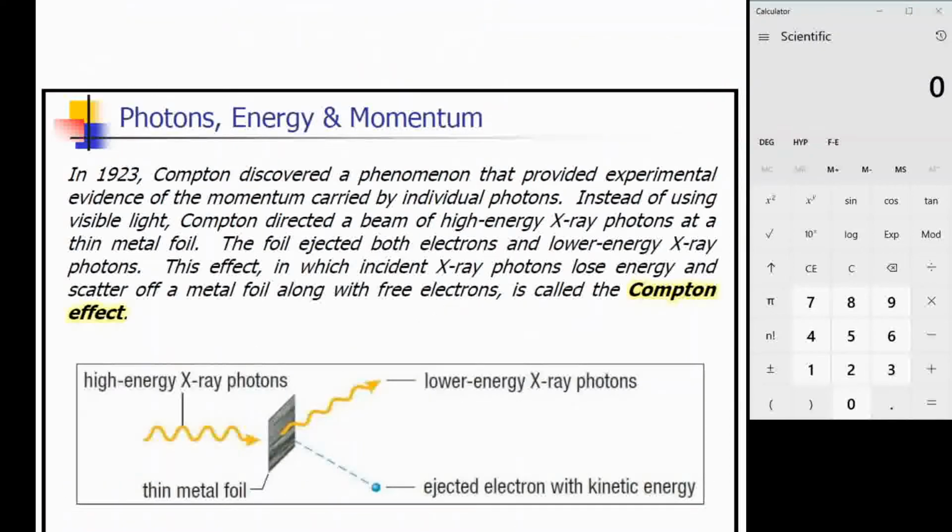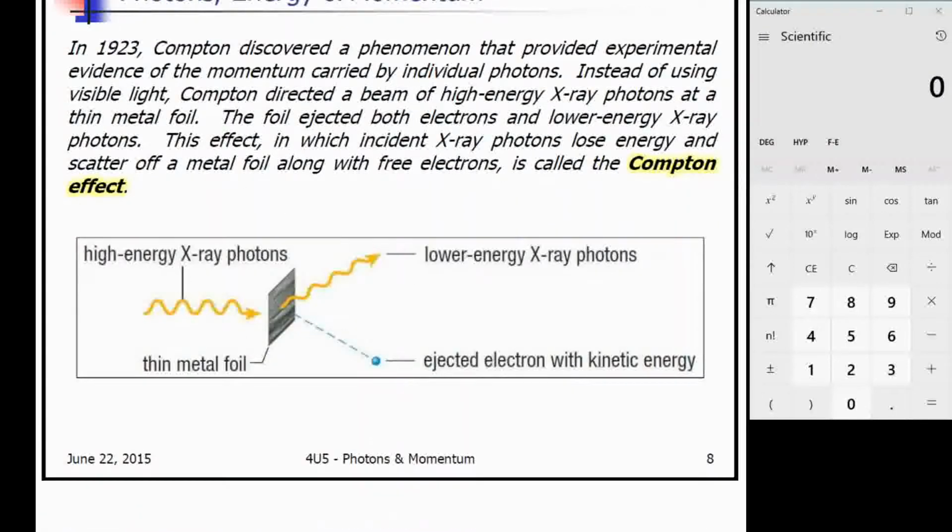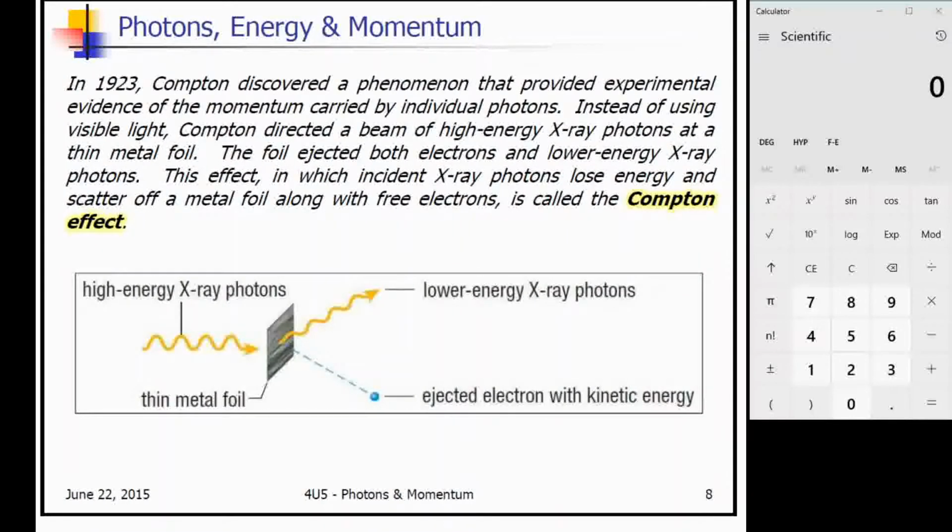And that was the big question. So now that it was kind of understood that people started to believe Einstein's wave-particle duality of light, this was studied a lot more. And in 1923, Arthur Compton discovered a phenomenon that we now call the Compton effect, where he had